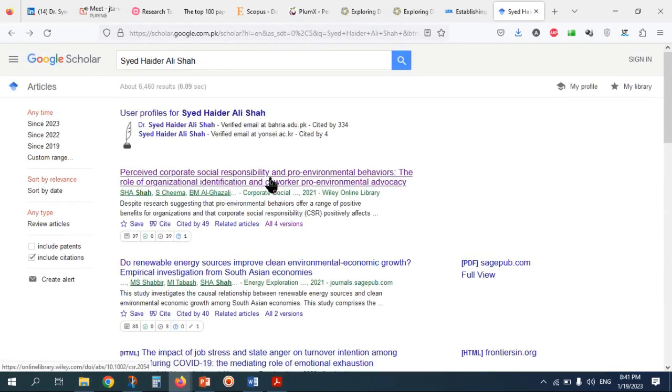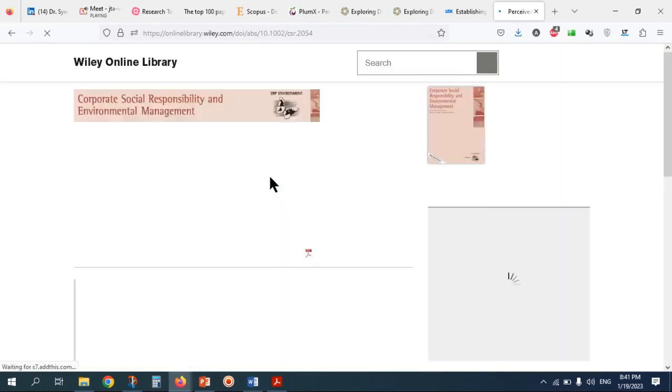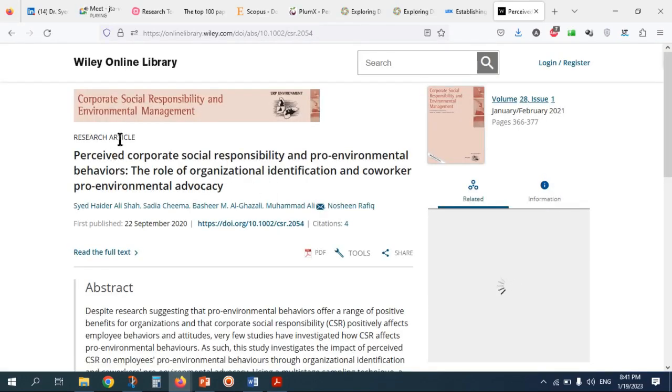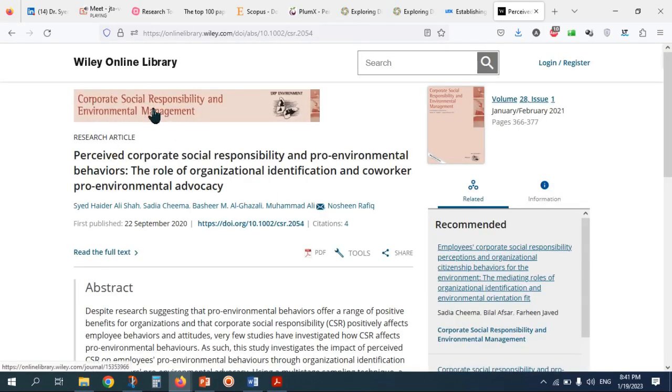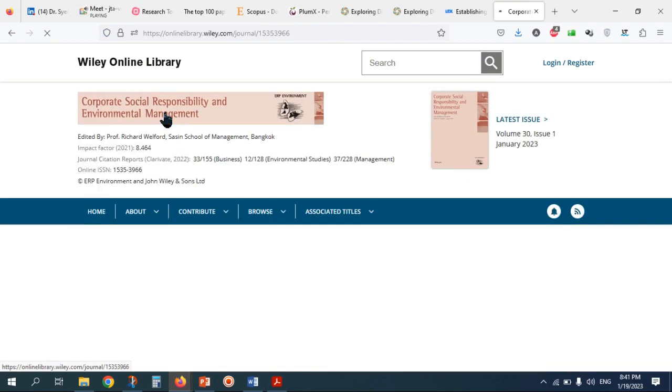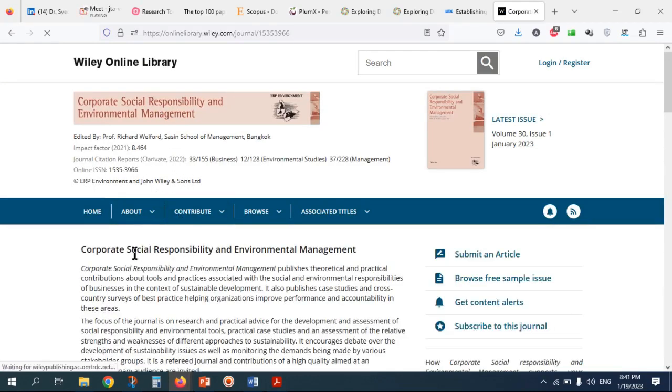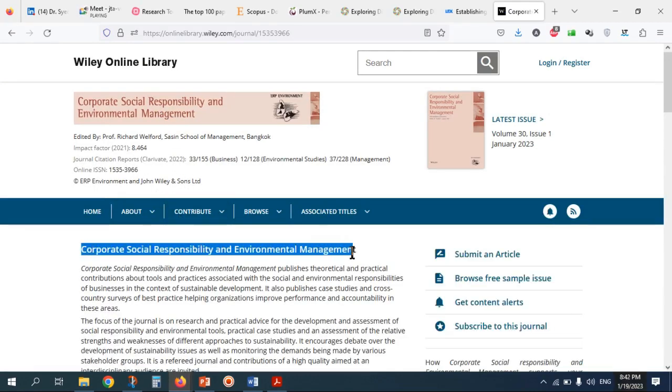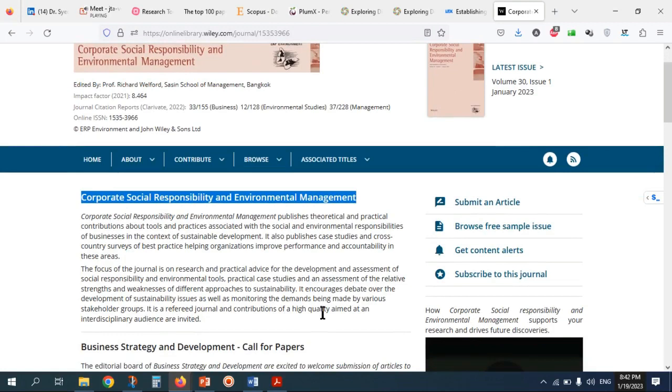This paper was published in a journal, and this is the journal name, Corporate. We should check the copyright issue.